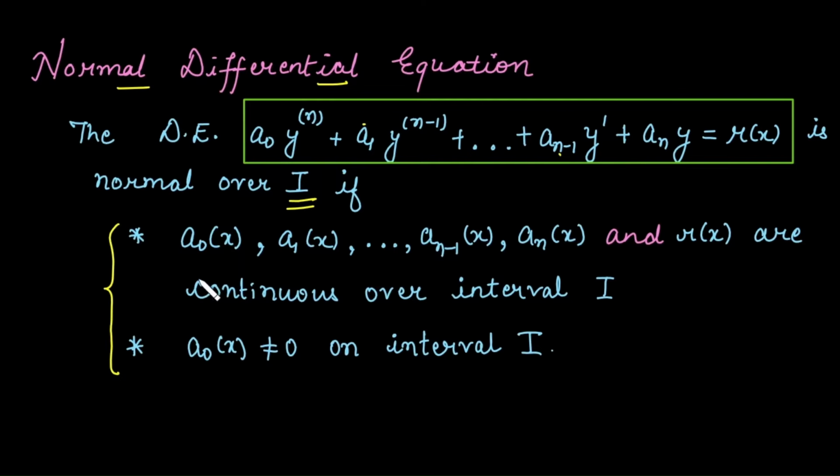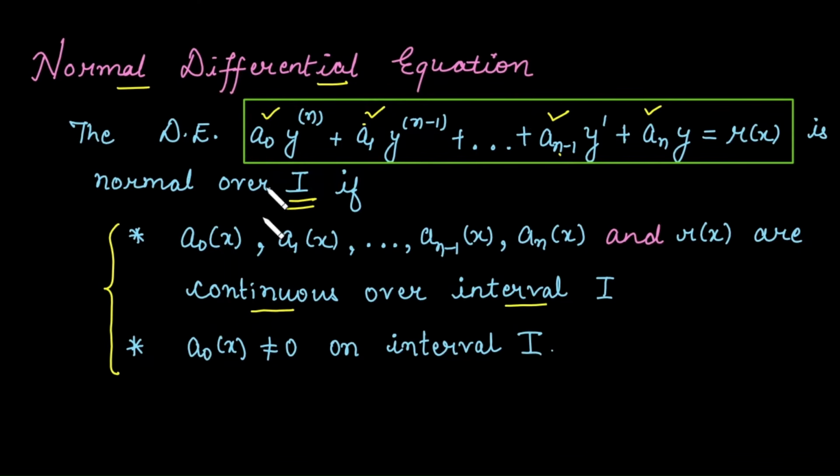Now this linear differential equation of order n is normal for the given interval I if it satisfies these two conditions. So the first condition is the coefficients a0, a1, till an minus 1 and an, all the coefficients of y and its derivatives, are continuous along with the function of x, that is written as r(x). So this function along with these coefficients, if they are continuous on the interval I,